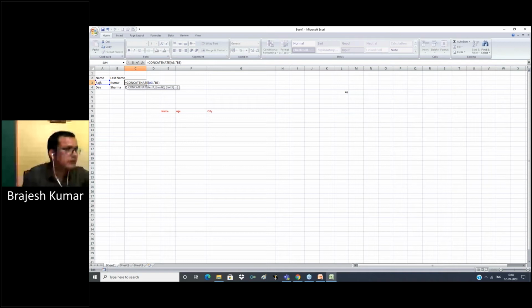Now we want to display it in proper form so that anyone can look at it and it looks good. Equals PROPER. Now Dev Sharma is in proper form. D is capital, S is also capital. Now it looks like a better text than before.